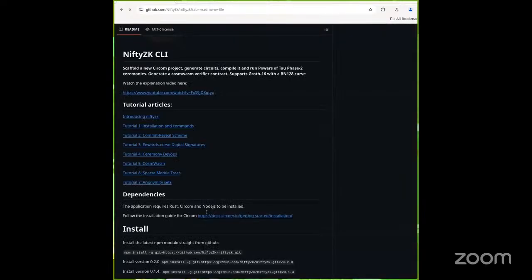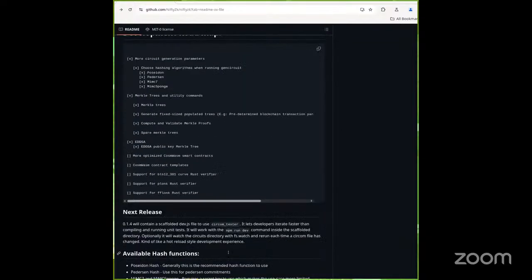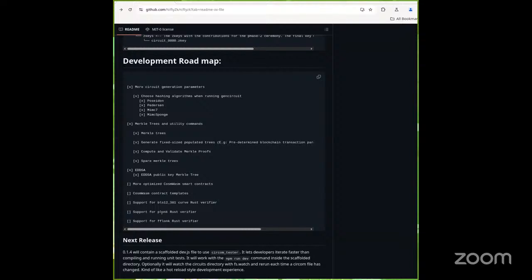So that's the update. This is the new feature, a new scaffolding, and then the next feature will be probably Plonk, which will be implemented in Rust. So there will be a Plonk-based Plonk verifier, and the build pipeline for the contracts and for the circuits will be updated with Plonk support. And Plonk is going to help developers create circuits without doing a phase 2 ceremony.